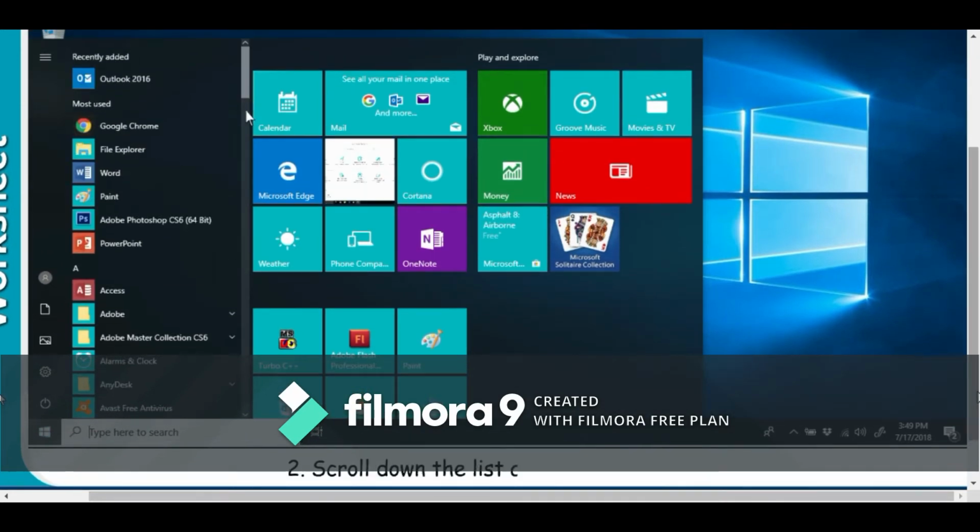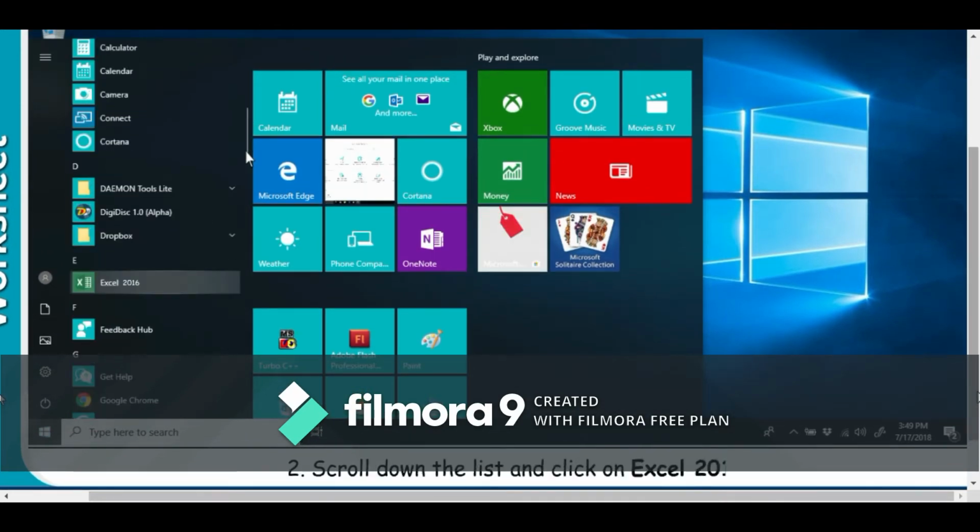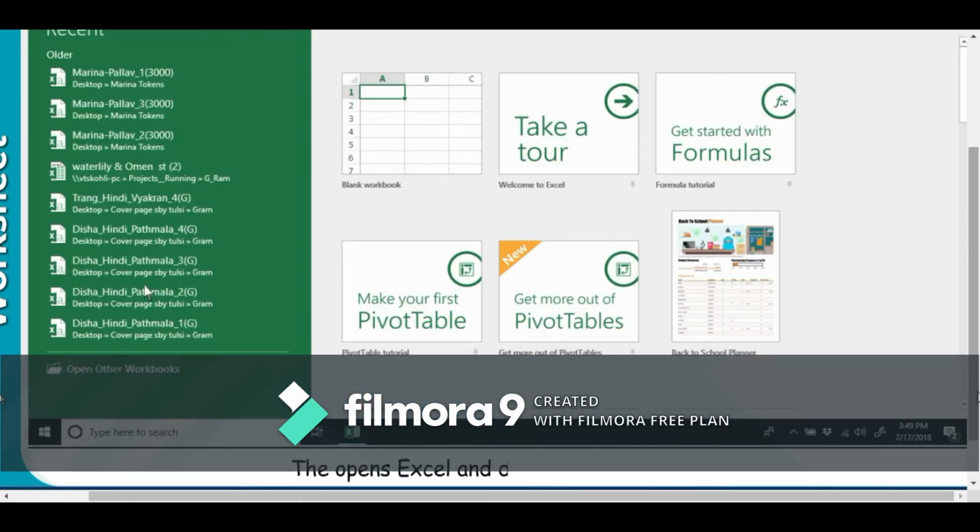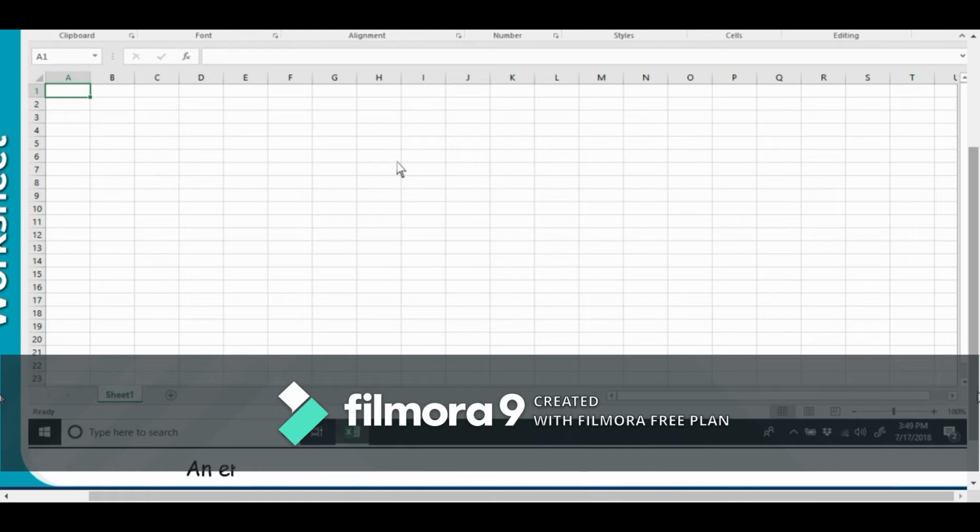Excel opens and displays its start screen. Click on the blank document. An empty workbook titled Book 1 is displayed in the Excel window.